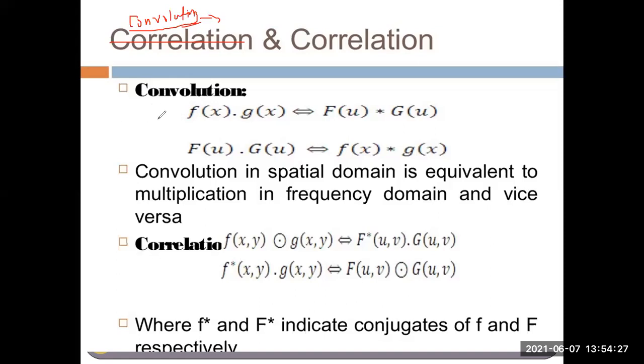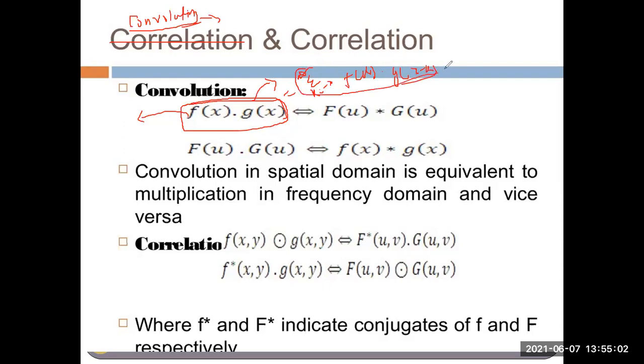So whatever convolution we find in the spatial domain, now suppose f of (x, y) is one signal and g of (x, y) is another signal. Now suppose I want to find the convolution of these two signals. The convolution of these two signals will be given by the mathematical function, sum over k equal to minus infinity to infinity, of f of k into g of (x minus k). So this is the mathematical formula for convolution.